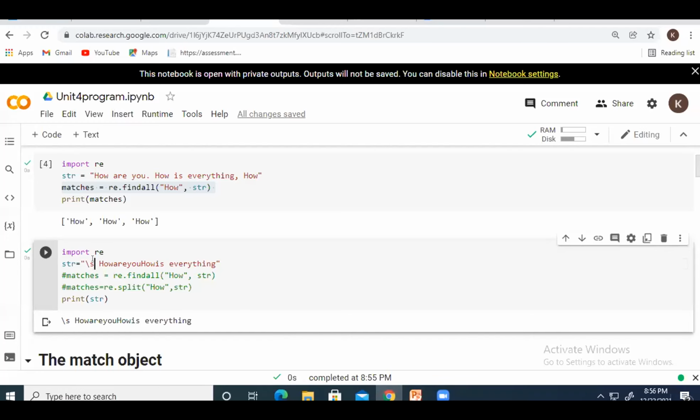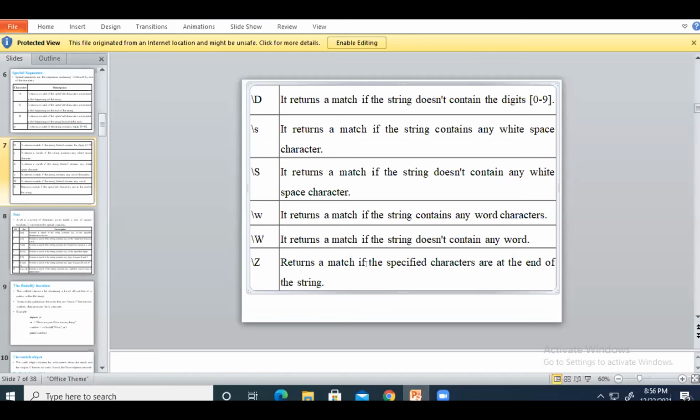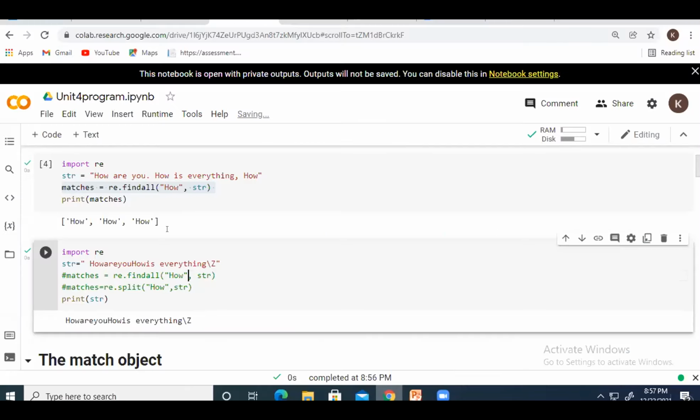Suppose we are writing here capital Z, just Z. Okay, so for the Z operation, suppose we are using two or three lines like a string, like a triple quote.